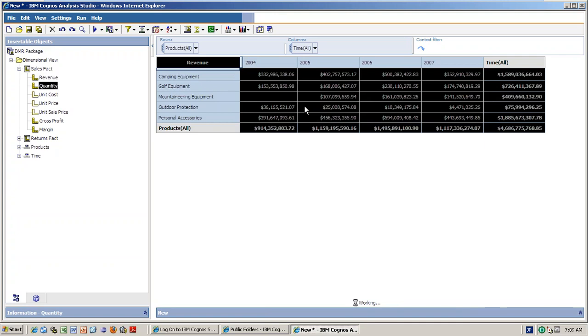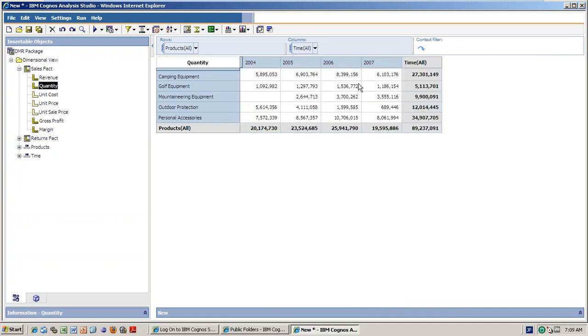I want all the measures to be shown in the columns. Say, for example, for 2004, I want to see the revenue, quantity, unit cost, unit price. How to do that? Because when I'm dragging, it is replacing the measure. But I want to see all the measures at one shot. Anybody, can you please tell me how we can achieve that? If you drag and drop in the intersection point, it is taking the quantity value, right? But I want revenue, quantity, gross margin and profit and everything. How to do that?